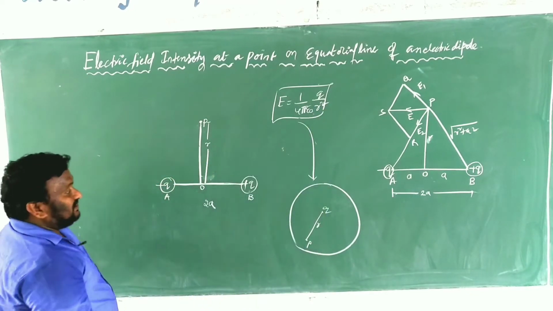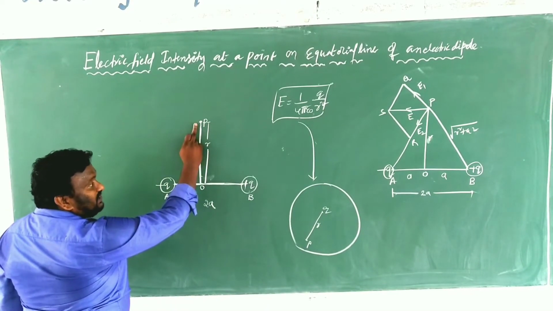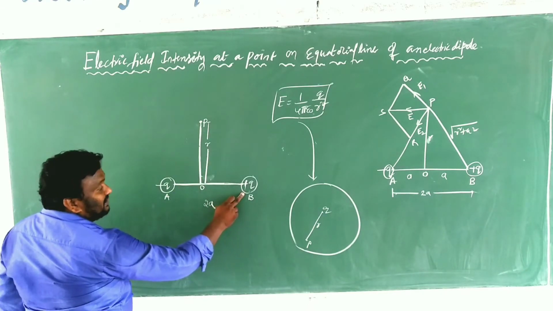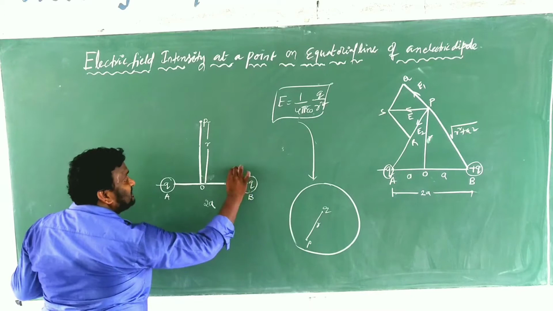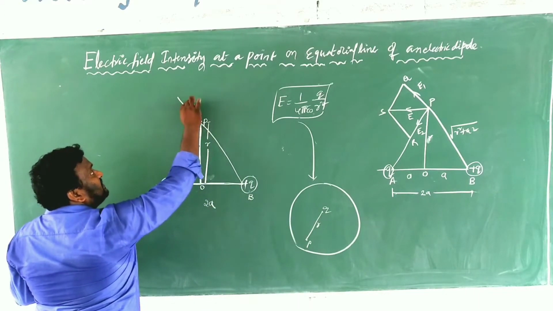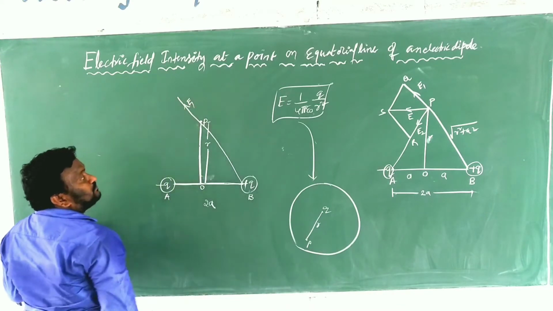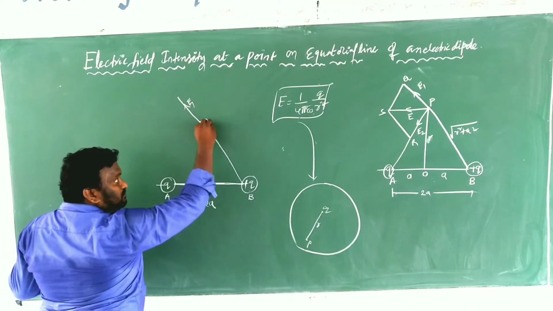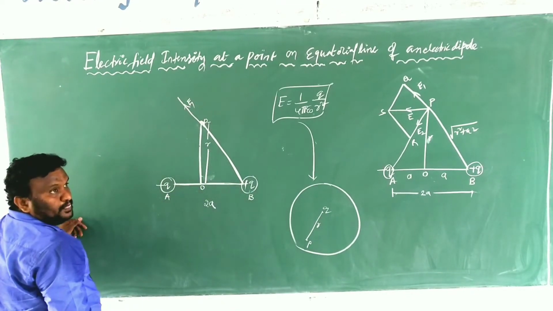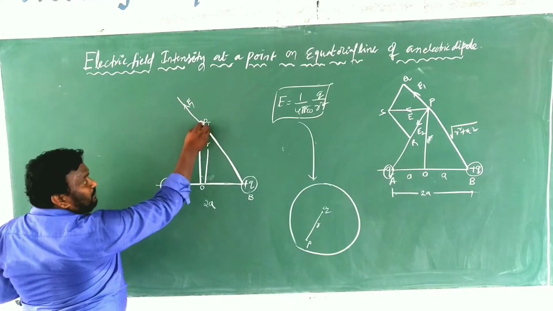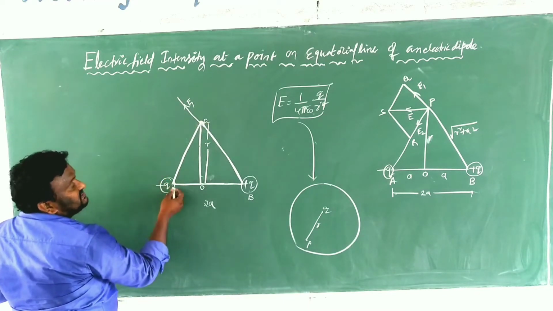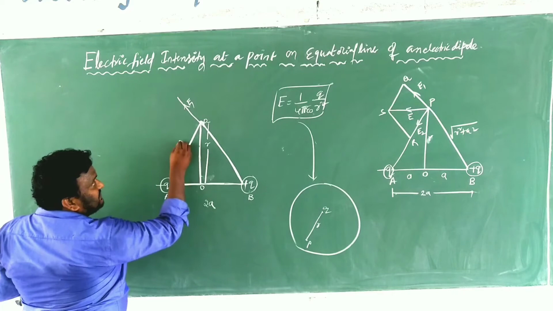So similarly here, at the point B, there is some electric field intensity because of plus Q, and that should be showing like this. That should be in this direction. That is E1. At this point, the electric field is acting radially outward. And now at the point P, the electric field intensity because of negative charge is taken as E2.